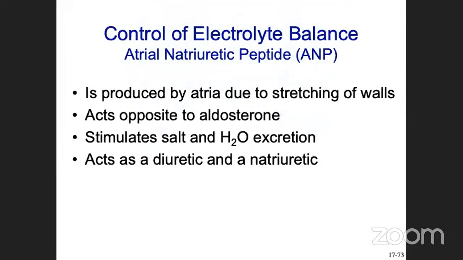Other than that, we have another component or factor, we call it atrial natriuretic peptide, or ANP. It is produced by the atria due to the stretching of the heart walls, and it acts opposite to the aldosterone on the kidney, right? It stimulates salt and water excretion. So it antagonizes the activity of the aldosterone, and it acts as a diuretic and at the same time as